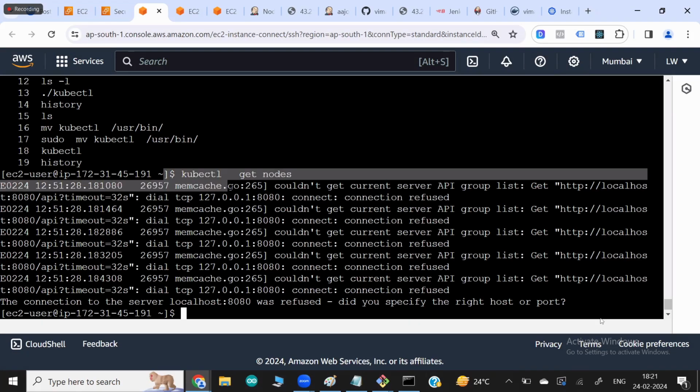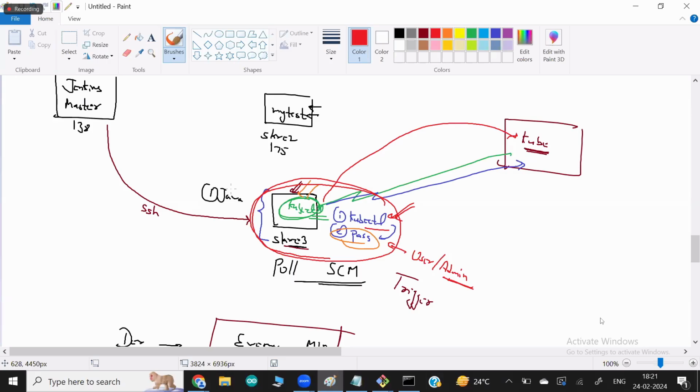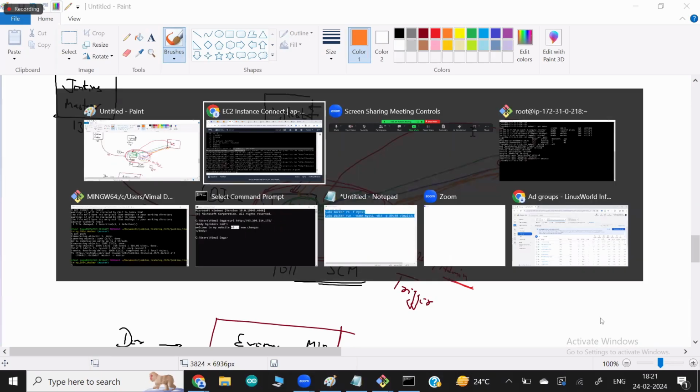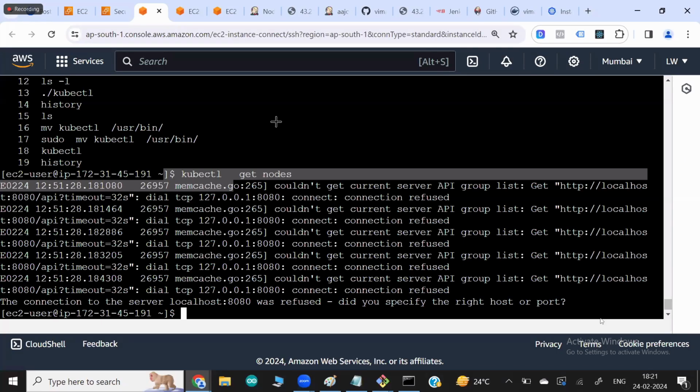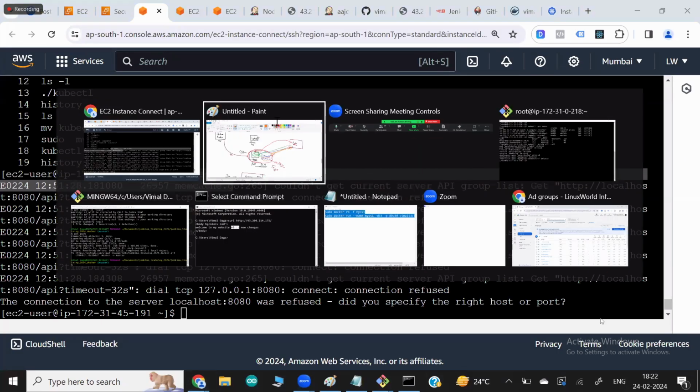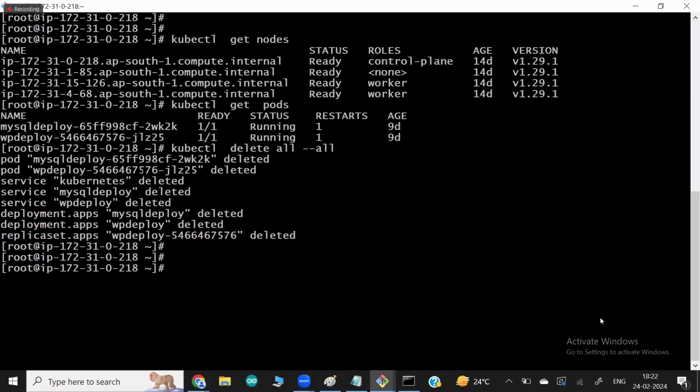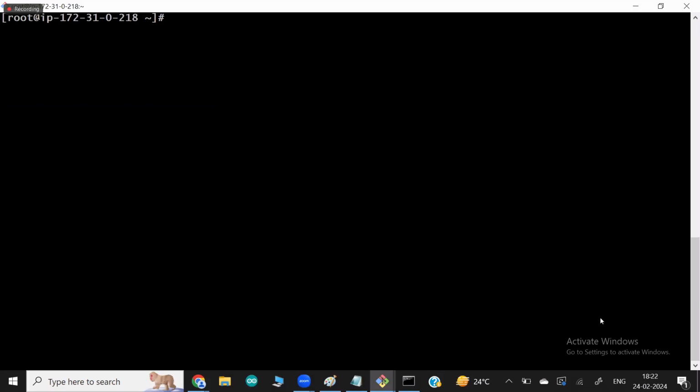Because this command should know where the Kubernetes cluster is. So it should know the IP address, it should know the password. And in the Kubernetes world, all the information, that is the IP address and the password, they store in one file called the config file. And that config file your master node will give to you. So in my case, the master node of Kubernetes is this one. Okay. And in the master node, in this particular folder,